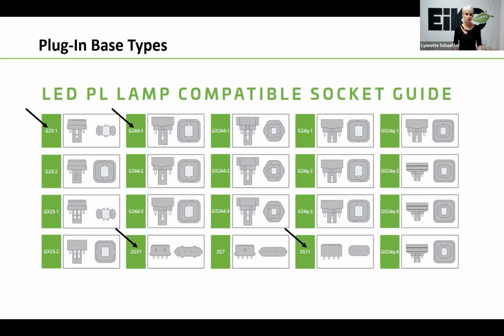from pin to pin. So if you see 23, that means it is 23 millimeters from one pin to the other. And you can see this here in my example. So a G23 pin to pin is 23 millimeters. Let's see, G24 means that the pins are 24 millimeters apart, and a G7 would be, of course, 7 millimeters from pin to pin. Also, the other thing that's interesting is if you see the 1, 2, and 3,